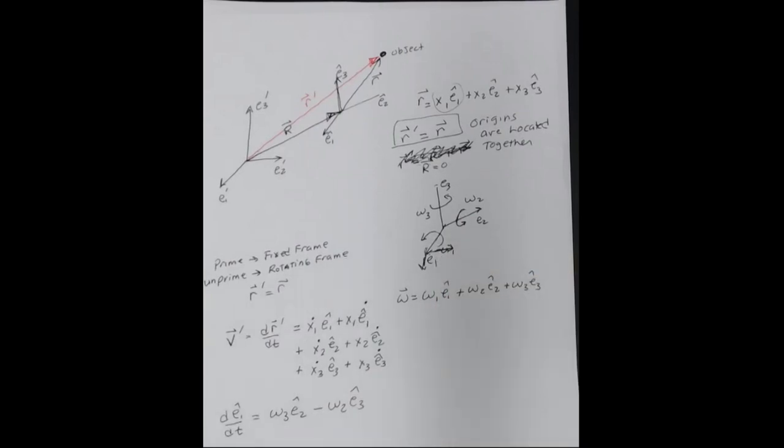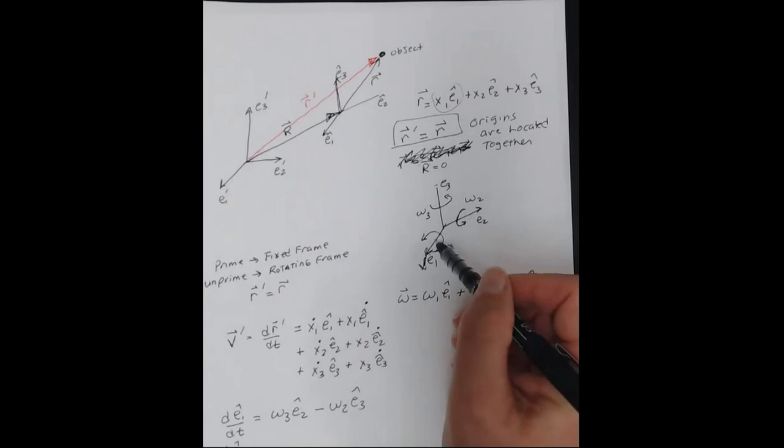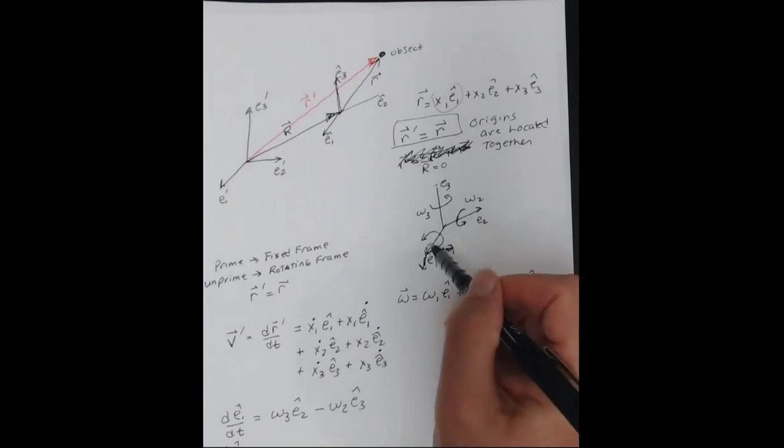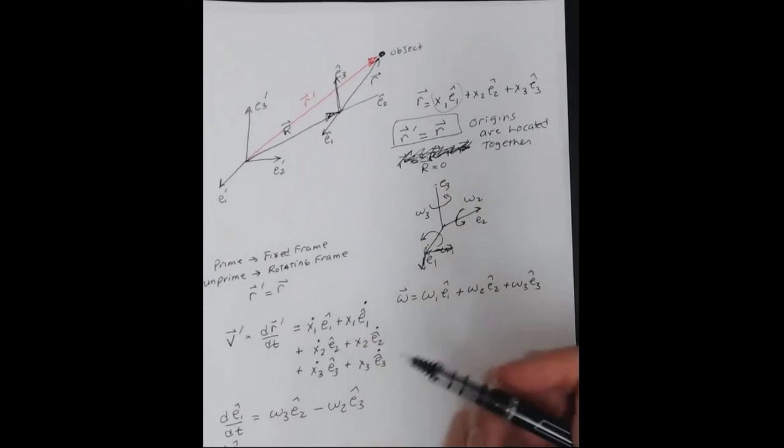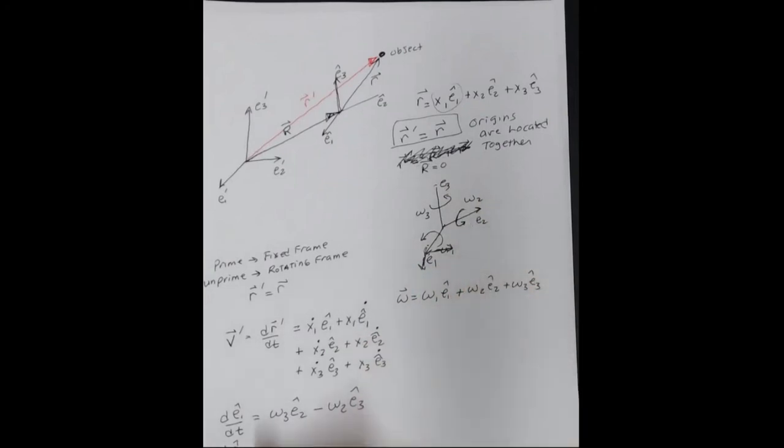And likewise, you can find how E2 is going to change with time by doing the same thing. It's going to change because of the rotation around E1. As you rotate around E1, this vector starts moving up that way in the E3 direction. So you're going to have omega 1 E1. And then, because of rotation around E3, you're going to get